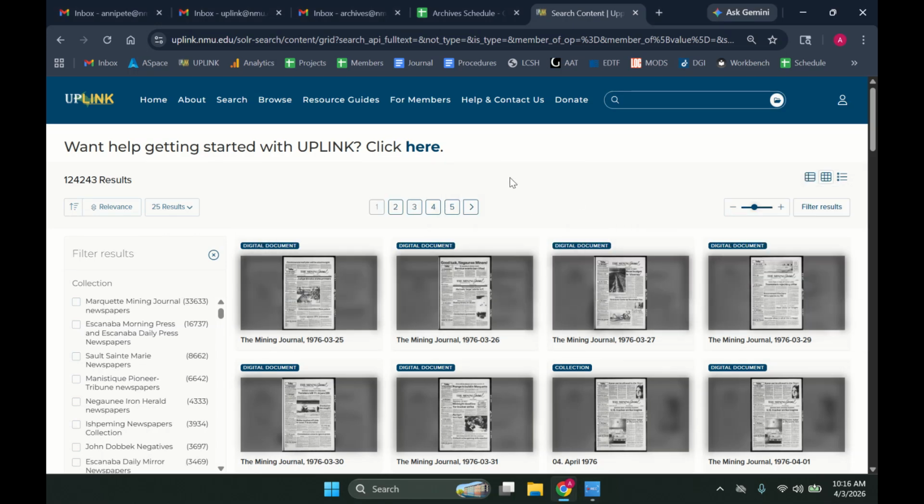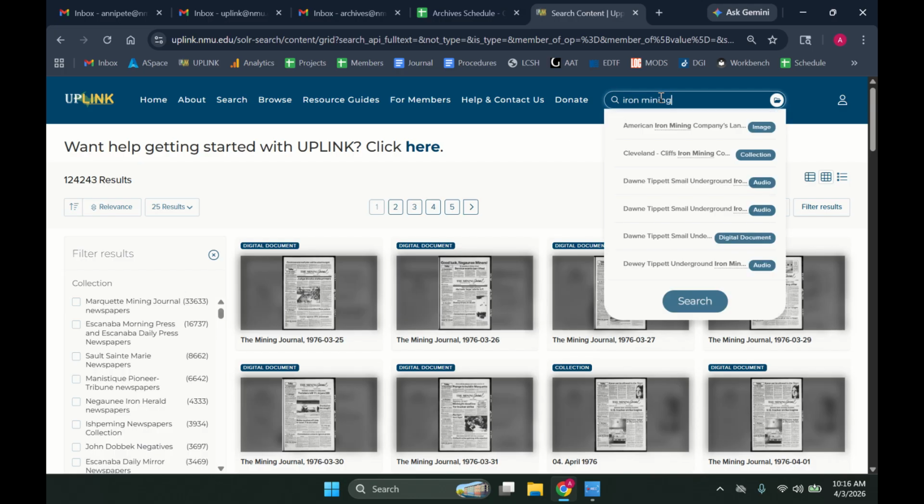So in past videos, we've talked about how to change your views, how to change your sorting mechanisms. Now we're going to look at filtering your results. So let's go back again to that example where we searched the words iron mining,